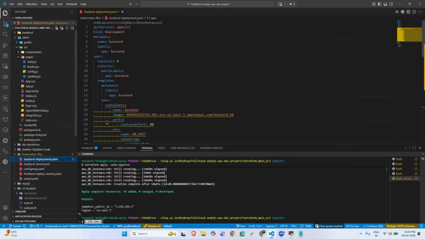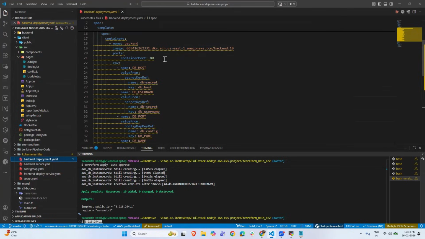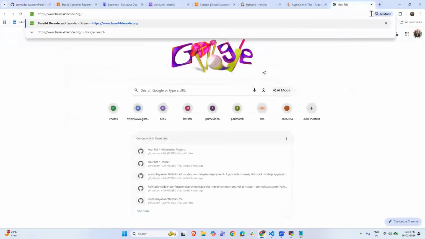And if you go for backend, it's the same. For the backend I'm taking four replicas. My container port number will run on port number 80, and we configure the database details: endpoint, admin, and password. We need to configure the details here, but in the secrets I have given the DB secrets. Here you have to give encrypted details. If you go and copy this link, go and paste it here,